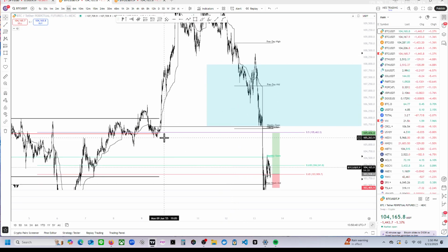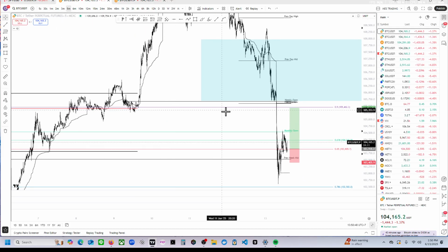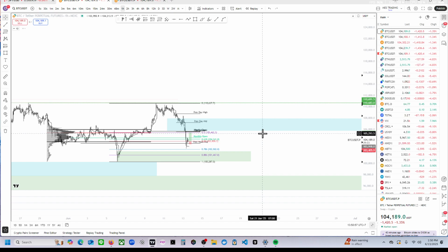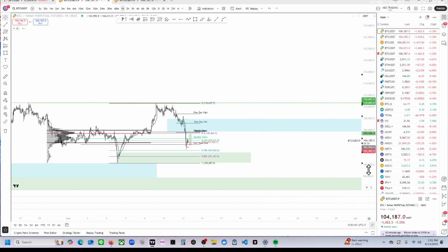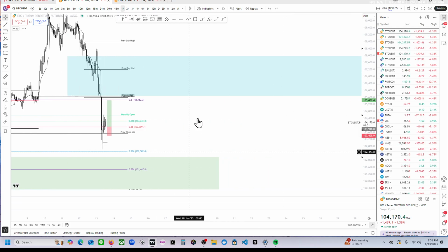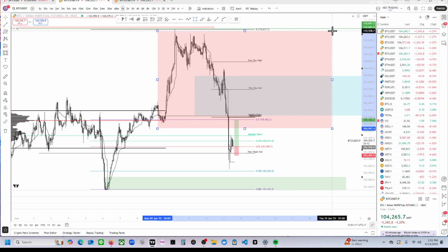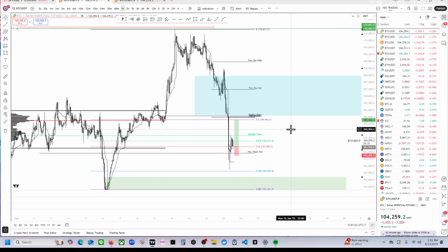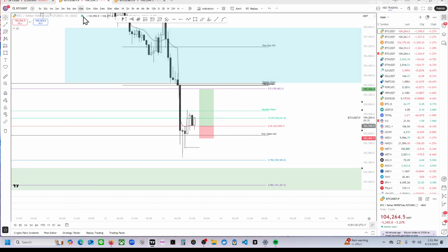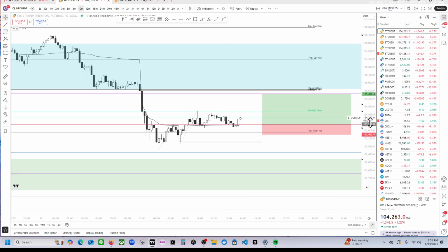And you could call that whole thing supply. 4963. Yeah, I mean, this is a huge area. So I do want to see what happens when we tap into that kind of like 4-hour range initiated supply zone. But other than that, yeah, this could have been a nice long. For shorts, well,